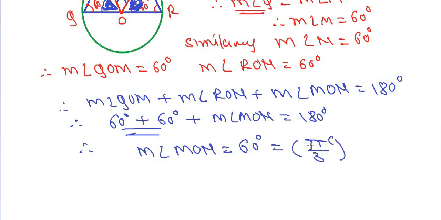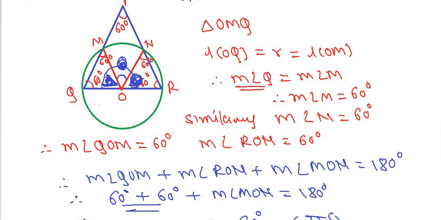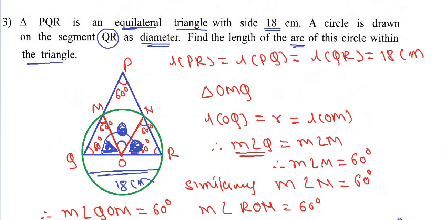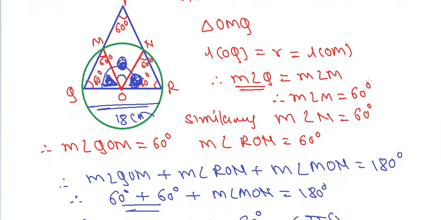By this time, you should also be able to directly tell the standard conversions. That is 30 degrees, 60 degrees, 45 degrees, etc. Okay. Now we need to find the length of arc MN. Now have a look at the diagram. This QR, total QR, is equal to 18 centimeter. Now QR being 18 centimeter, this is the diameter of the circle. So OQ is equal to 9 centimeter. So now in equilateral triangle MOQ, if OQ is 9, then OM is also 9 centimeter.